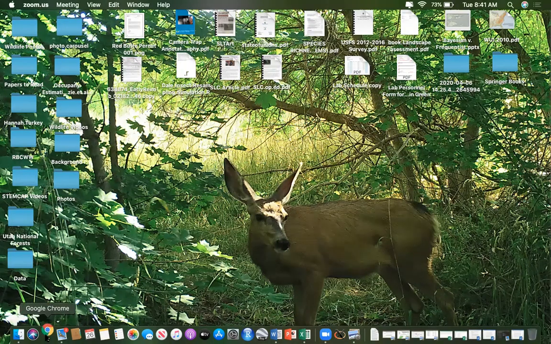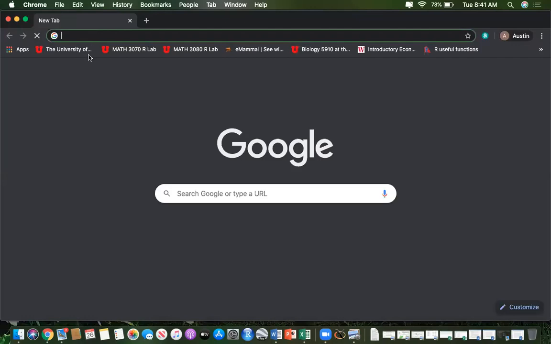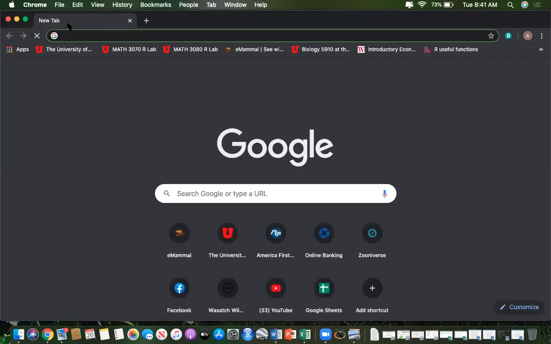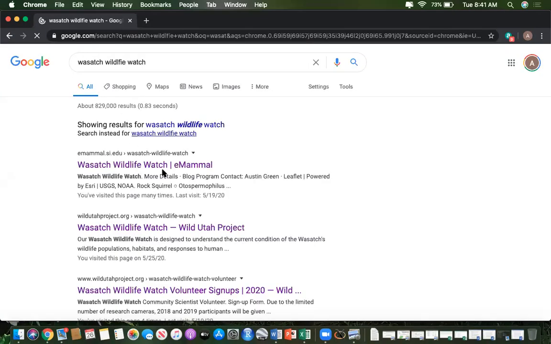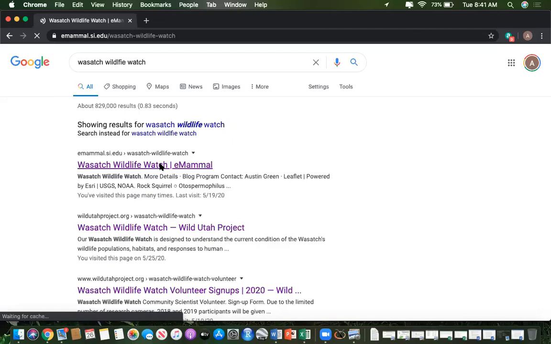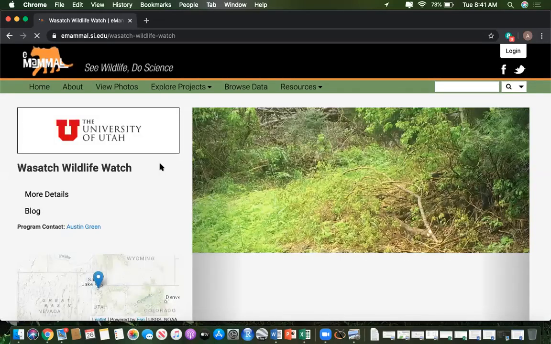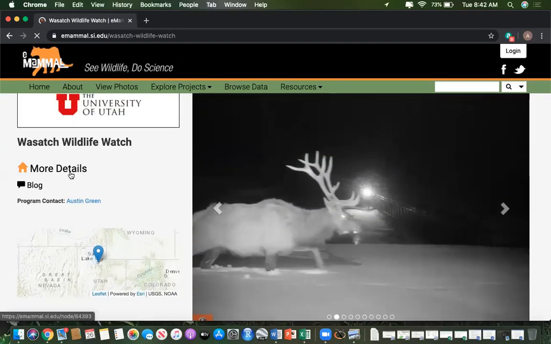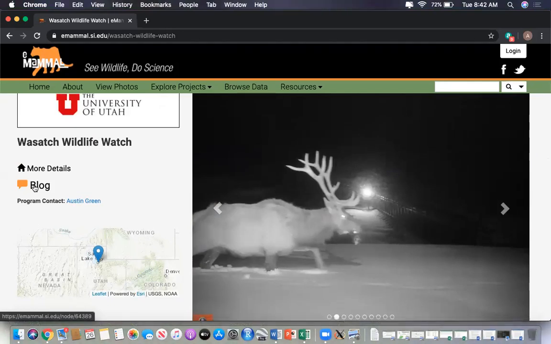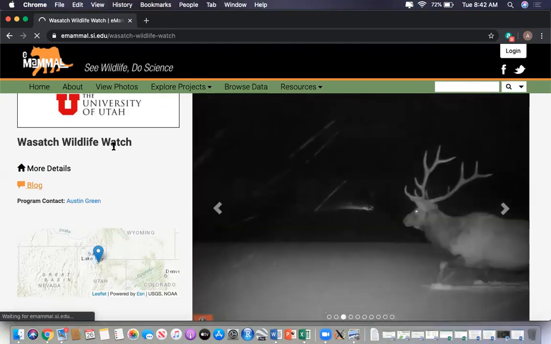The first thing I'd like to mention is, if you are interested in going back over this, or you would like a guide to accompany you as you're going through the photo entry, search Wasatch Wildlife Watch and pull up the eMammal page. You can also get there from the project updates that Wild Utah Project sends out, or if you go to the Wild Utah Project page, there's a link to this eMammal page. If you go there, you don't have to be logged in or have an account to access this. Just go into the blog of the Wasatch Wildlife Watch page,